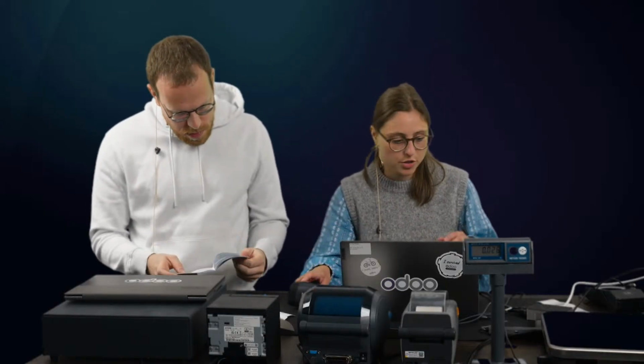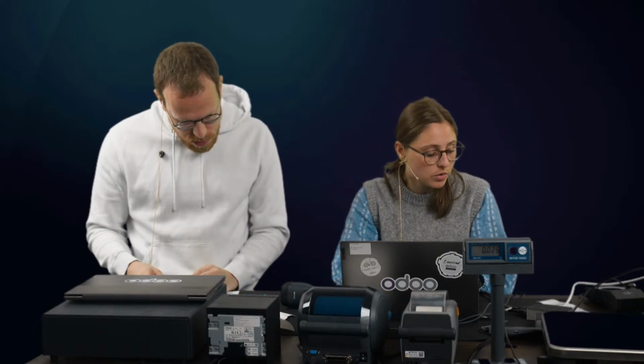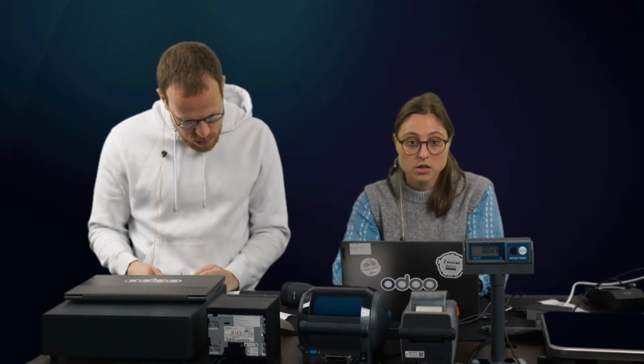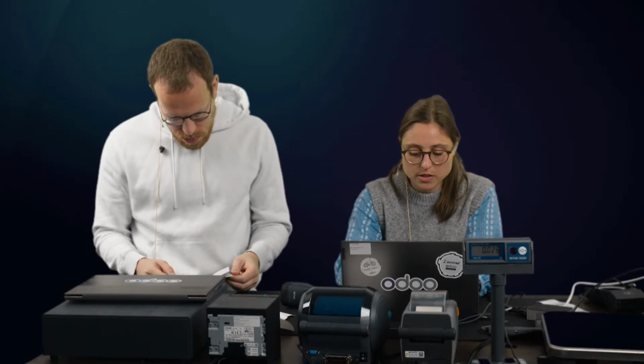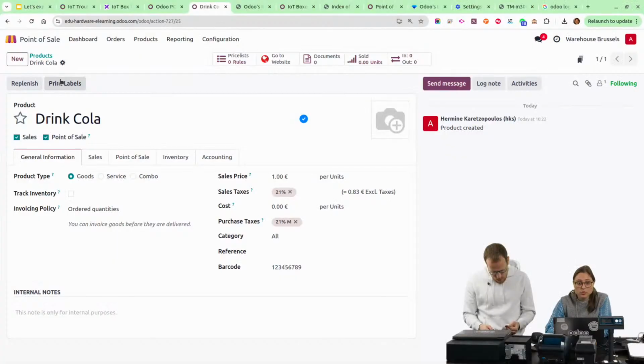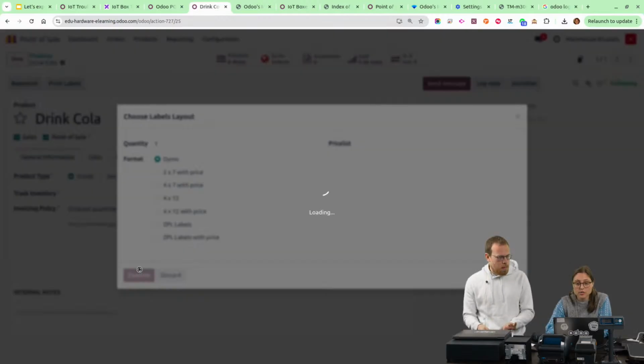Robin is going to search. Maybe what we can do in the meantime, yes? Already configured, no? Yes, but with France it works actually properly. But here, so I'm going to create a new product. So let's say a cola, and I have here a barcode basically. So 1, 2, 3, 4, 5, 6, 7, 8, 9. And of course you can print the labels. We're going to see that after together. And if you print, for instance, here the demo label,